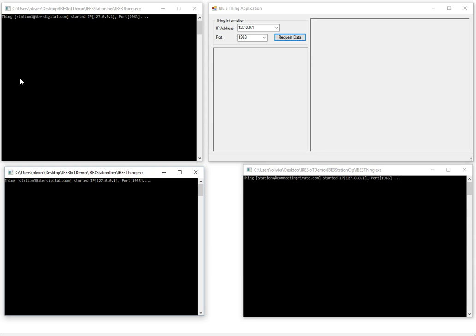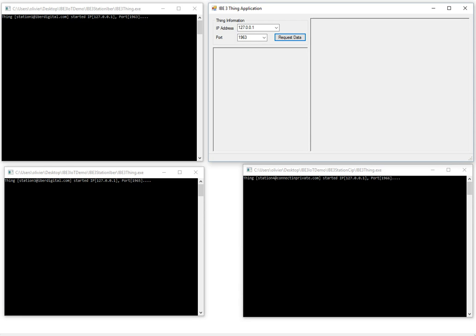What we have here are 3 simulated weather stations. Very simple. It's just sending very few data, but the idea is there. This application will request the data, collect them, and use IBE3 to transfer the data between the sinks